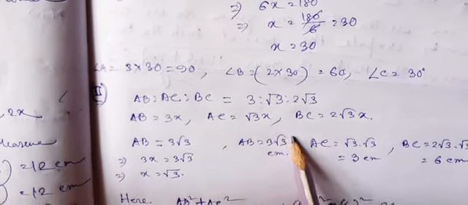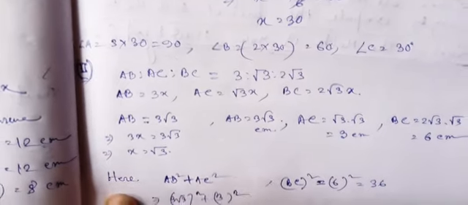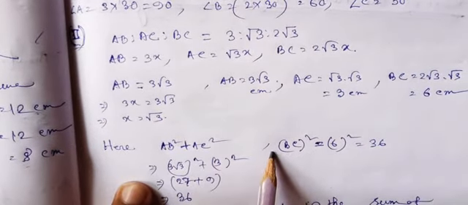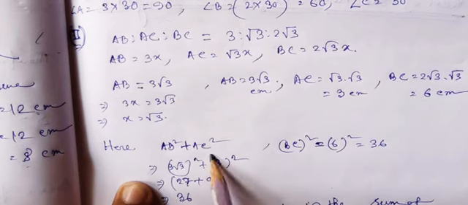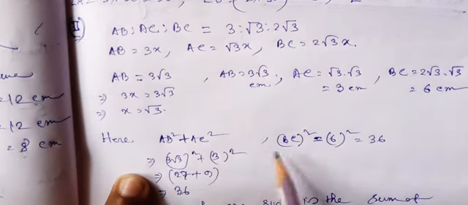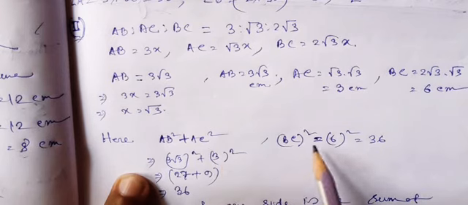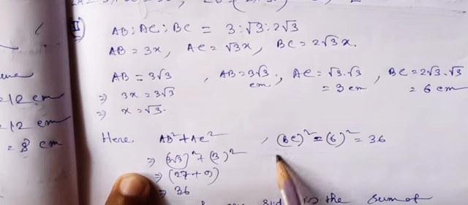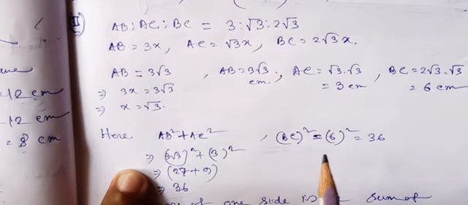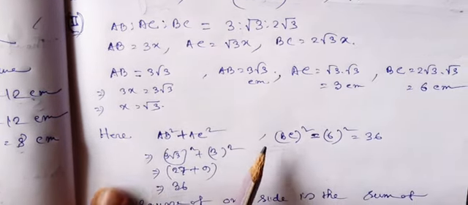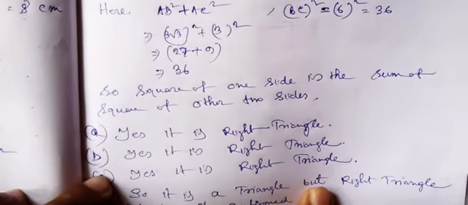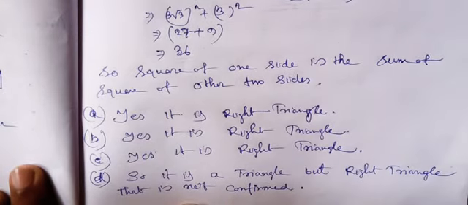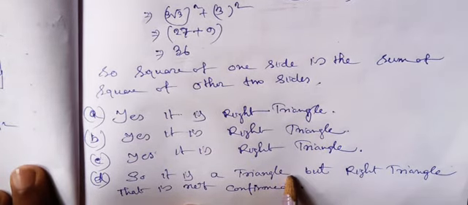So from here we are getting that one side squared, that is BC squared, is equal to AB squared plus AC squared. Both the values are the same. BC squared is equal to AB squared plus AC squared. This happens when it is a Pythagorean triplet. It happens when the triangle is a right triangle. So now I am giving the answer. The answer to the various questions is given along with the condition. This will be the answer of that question.